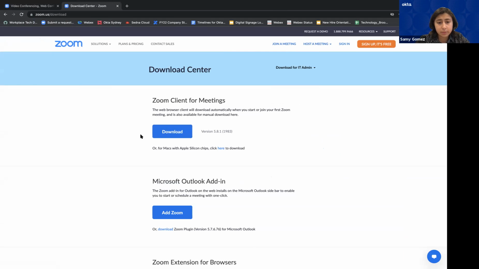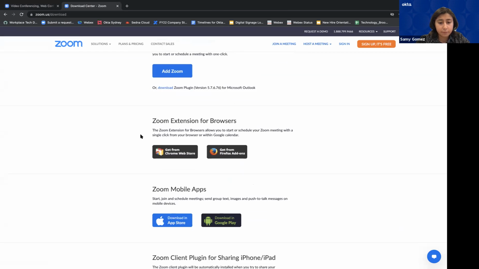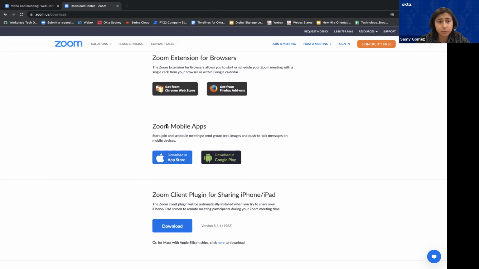So that's the desktop or laptop computer application. And for your phone, if you visit this website on your phone, if you have an iPhone, which would be Apple, you could click it here. If you have an Android, you could use Google Play here. And that is how you do that.